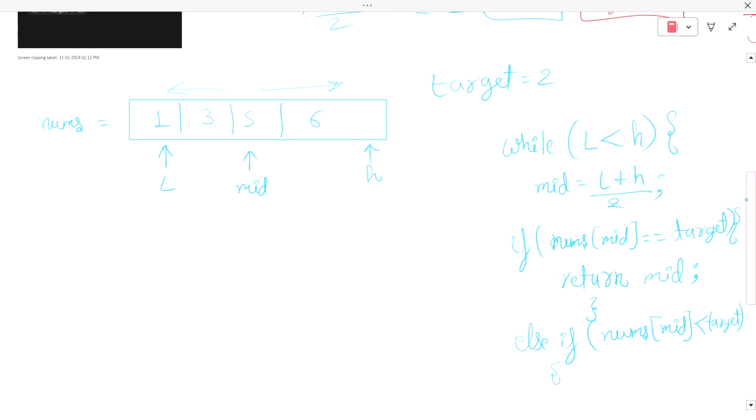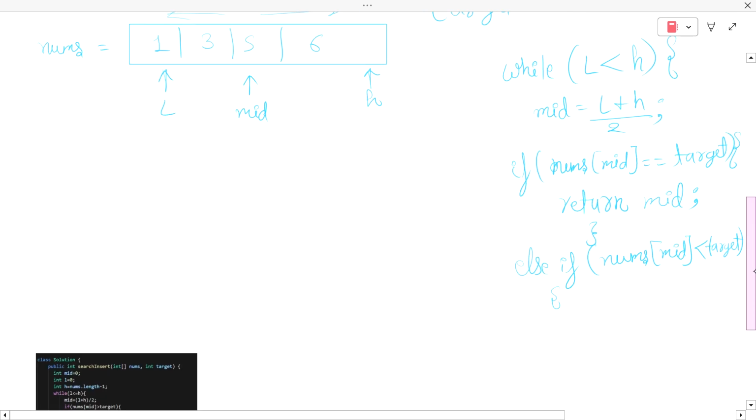So for this particular portion, we have to update the low as mid plus 1,